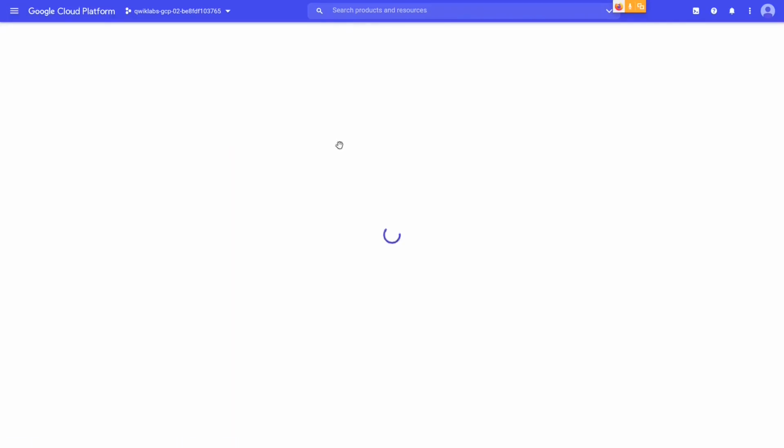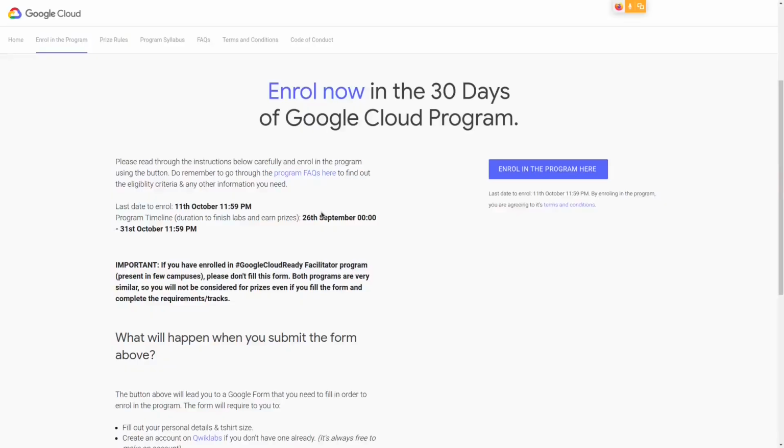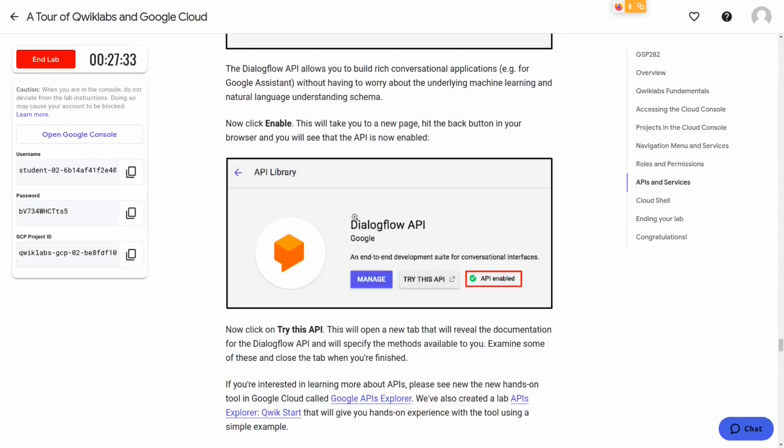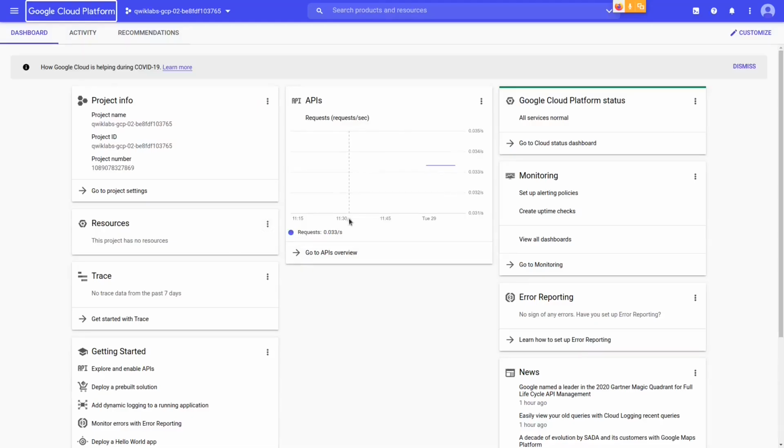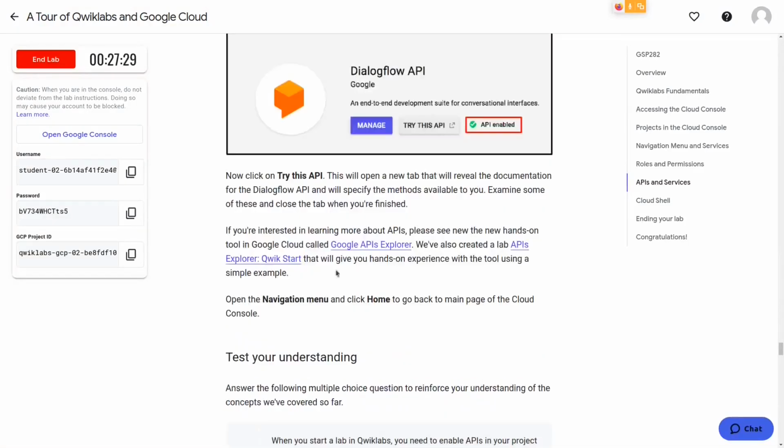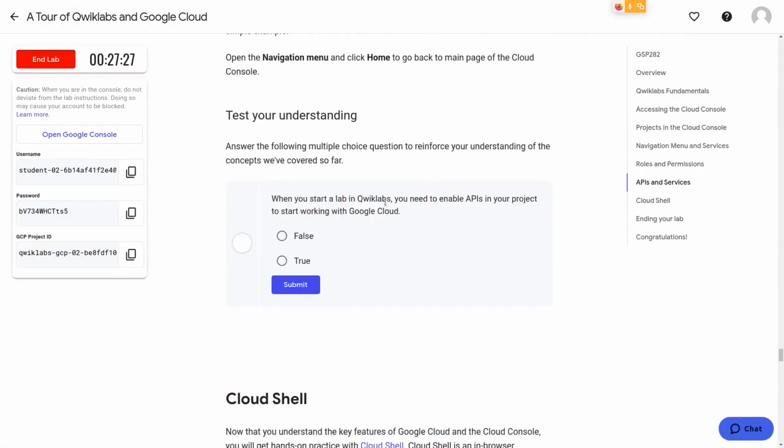So it's printing Google Cloud and Quick Labs are the best. So now let's go back to the Quick Labs page. So this is all about the first lab. You have successfully completed your first lab. So you can go ahead and end your lab now.